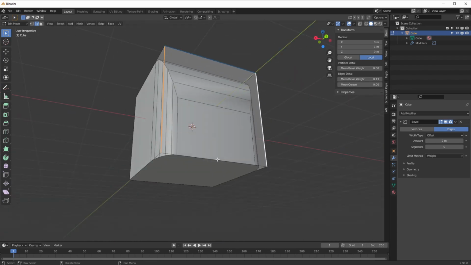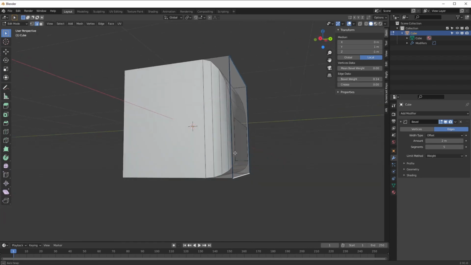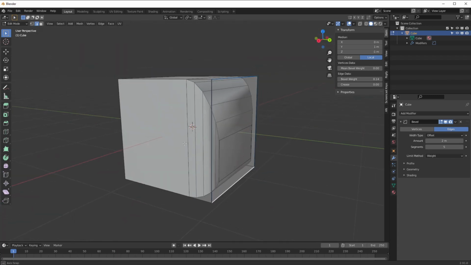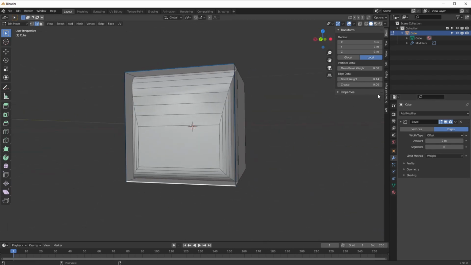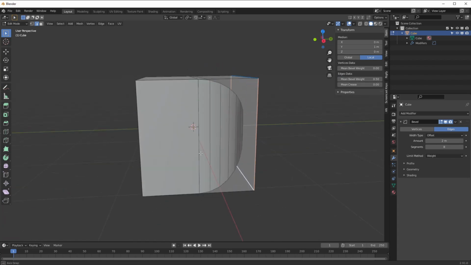And then if I take this bottom one and do the same again, do a little bit more on that one, we end up with something which has some nice hard edges and some nice soft edges. And let's just increase the number of those. And I'm just going to take this edge and this edge and this edge again, and I'm going to type in 0.5. So you can see now that we've got,